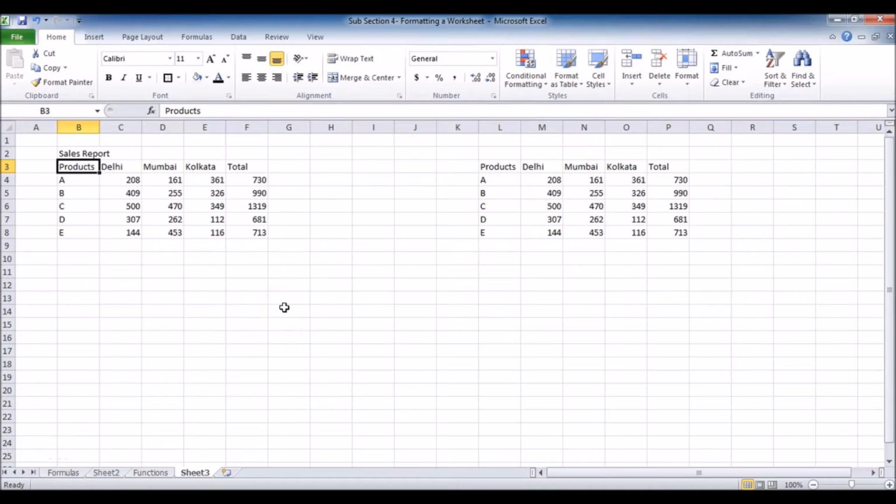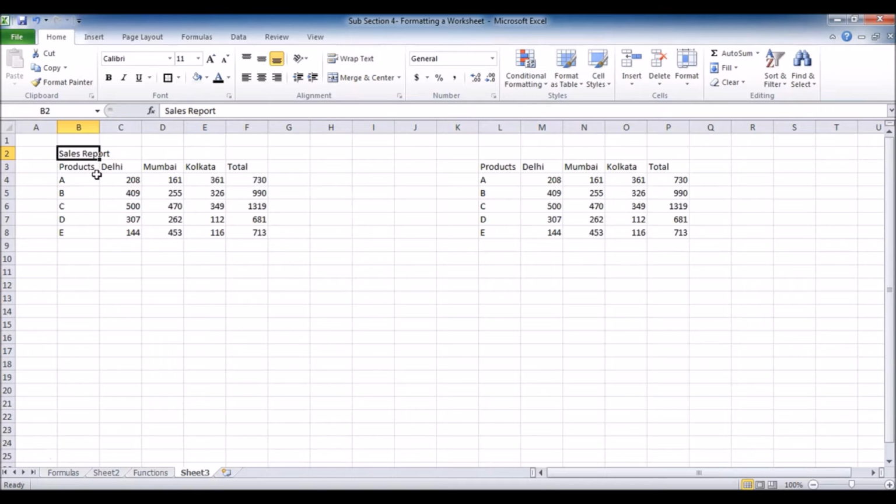After entering the data and performing calculations, it is very important to format the cells. In this case, I have created a small piece of data on which we are going to format the cells to make it a more attractive report for people to whom we are about to send this report. You can see this is the title of the report, but right now it is not coming